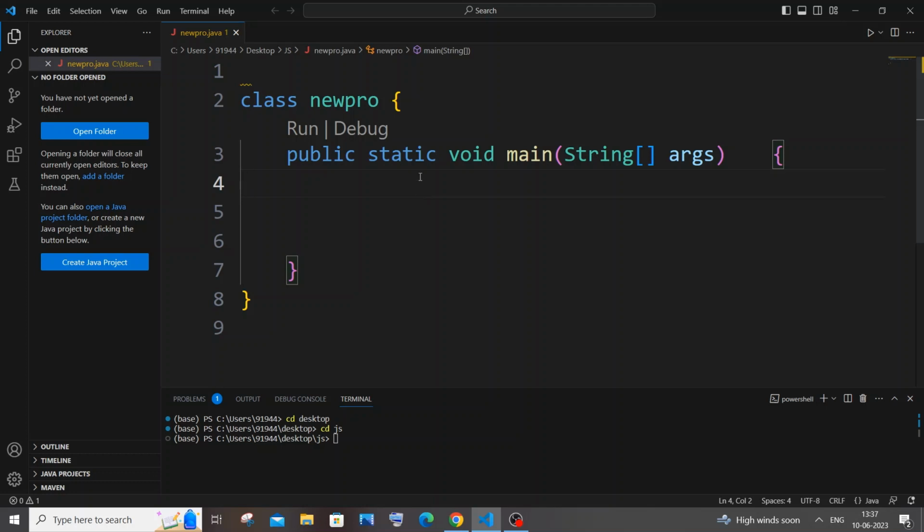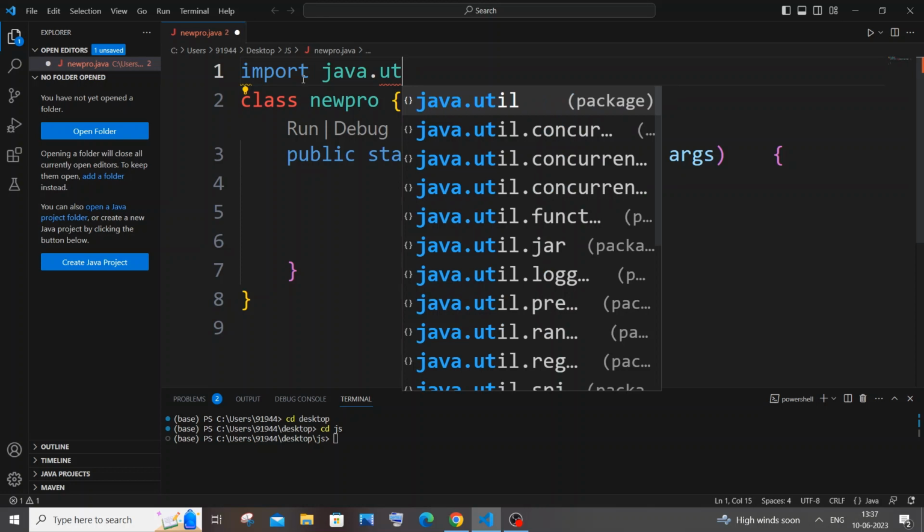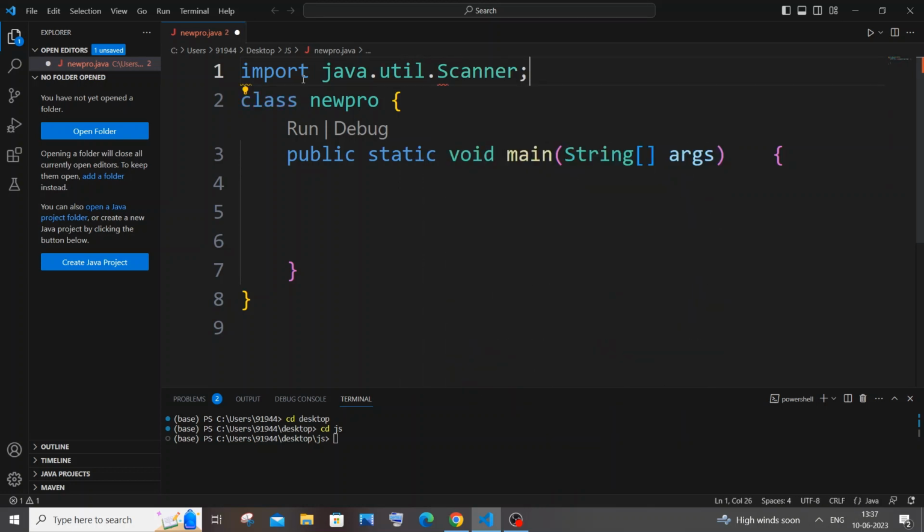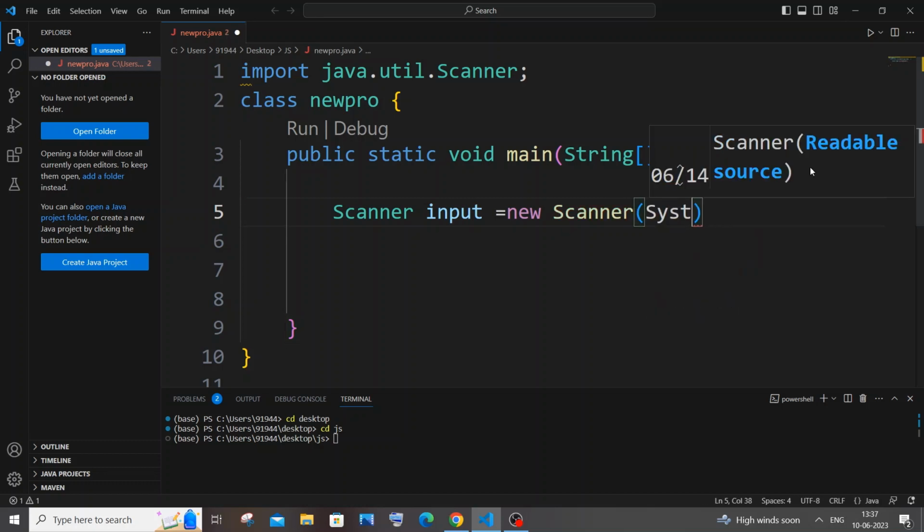So it's going to be import java.util, and inside this capital S we'll be having the scanner class. So just import the scanner class alone, don't import every other thing inside util. So after this we will be having scanner input equal to new scanner, and within bracket we'll be having system.in,